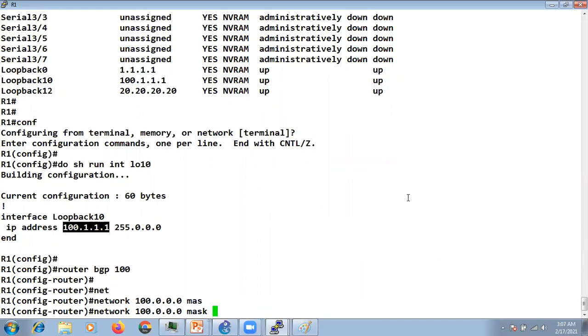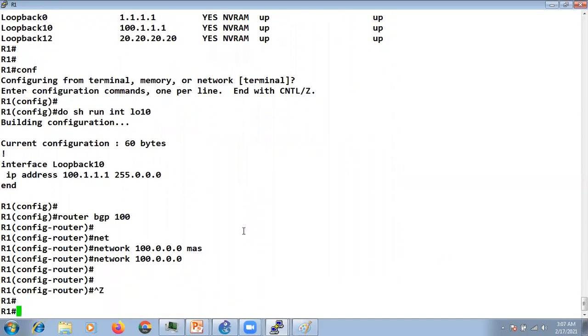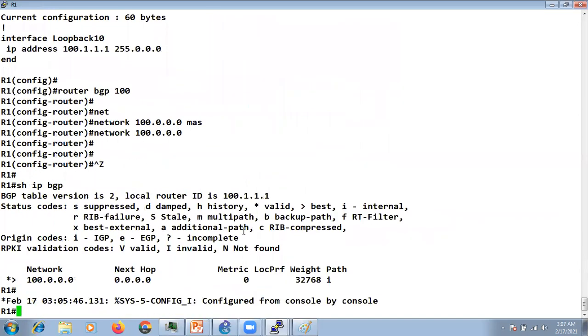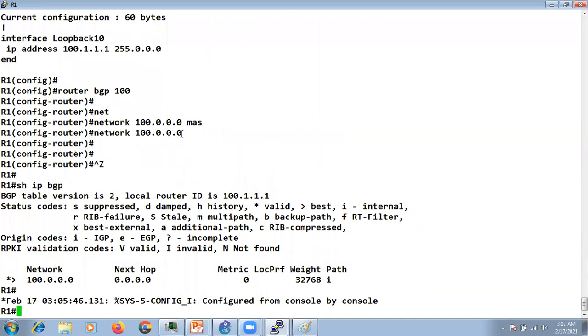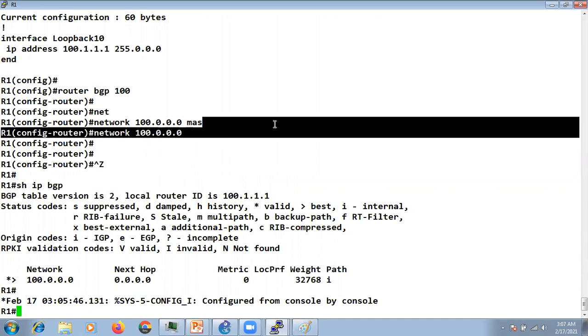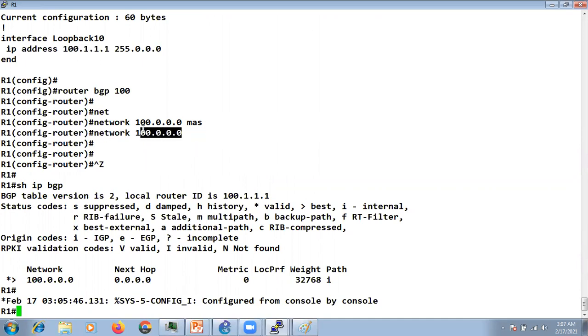Because it's a class A IP address, we don't need to mention the mask keyword, because this is the default subnet mask of class A, right? So now you can see R1 is advertising this network.